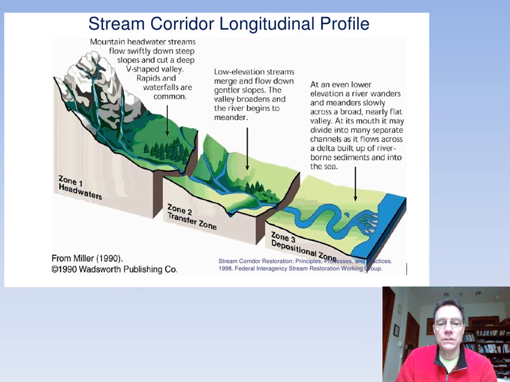And then we have this depositional zone, where a lot of that eroded material and detritus from these upper zones gets dumped in the delta here, or gets dumped out in the bay in this case, or sometimes even dumped out in the floodplain as the river floods and then exchanges sediment and material. So headwater zone, transfer zone, depositional zone. A lot of terms today, sorry.